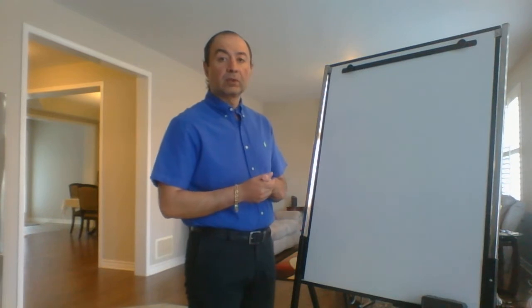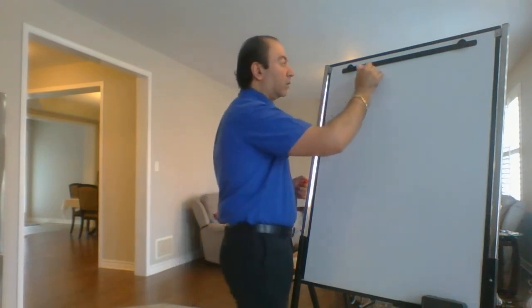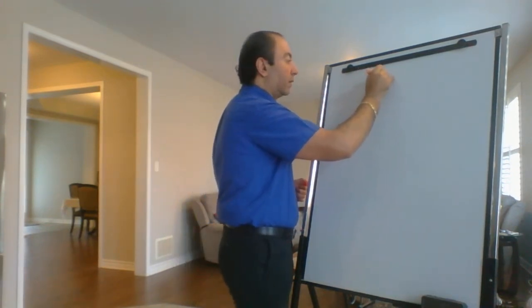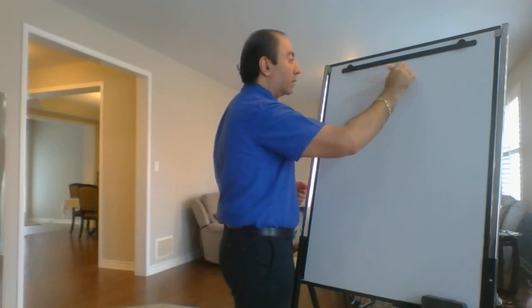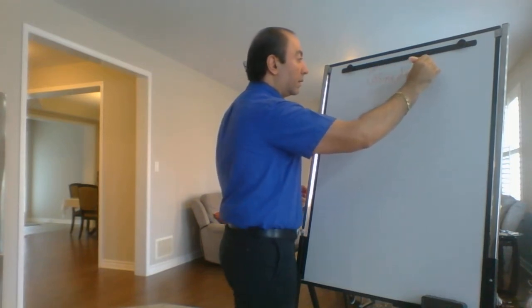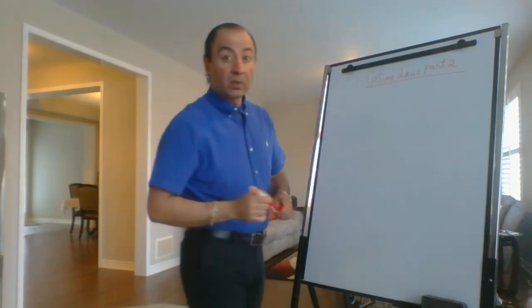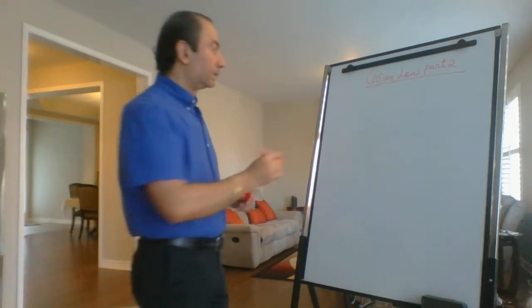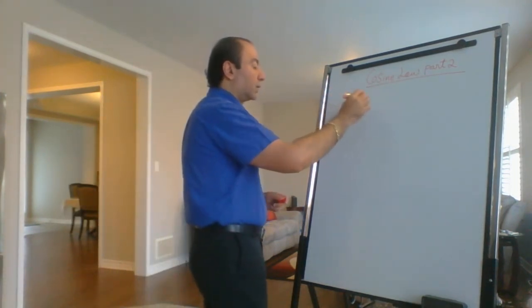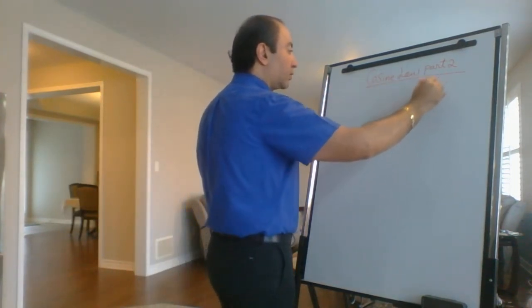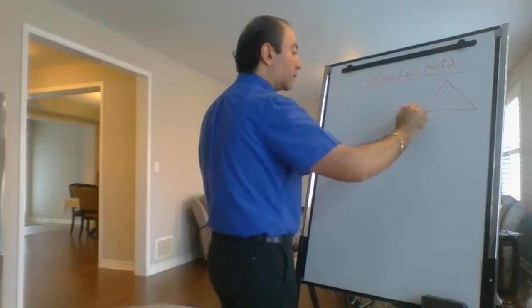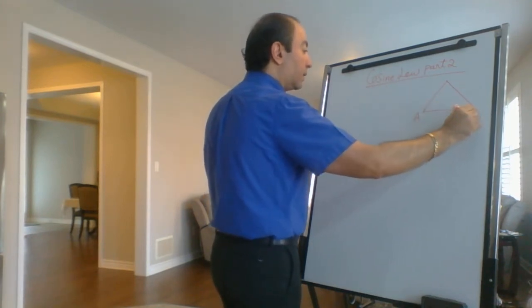Cosine Law, Part 2, and how to find missing angles if we know the three sides. So, example 1. First of all, we learned yesterday that if we have a triangle like this, A, B, C,